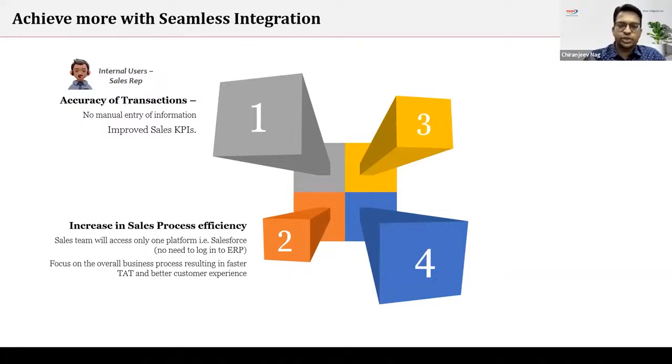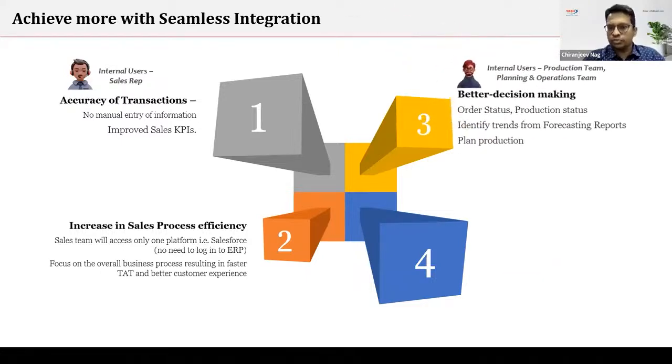But now with integration, when we automate this entire system, this entire process of closing an opportunity, which could take days, will be brought down to minutes. And this is how the overall efficiency of the salesperson increases, the productivity increases. And with that, we'll be able to win more opportunities, close more opportunities within the time duration as compared to what we were doing before this automation had happened. So this is from a sales rep point of view. What do we achieve? And how do we achieve more?